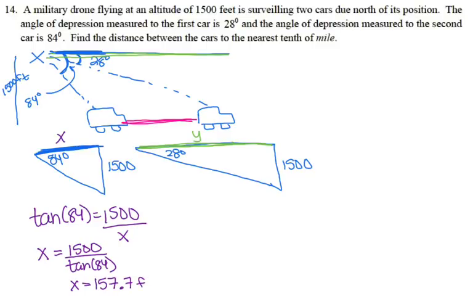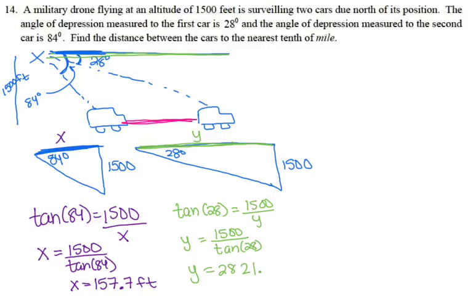Keep in mind this is in feet. And I do the same thing for the other triangle. So tangent of 28 equals 1500 over y, cross multiply, calculate, and that gives me 2,821.1 feet. So that means the distance between the cars is going to be y minus x,